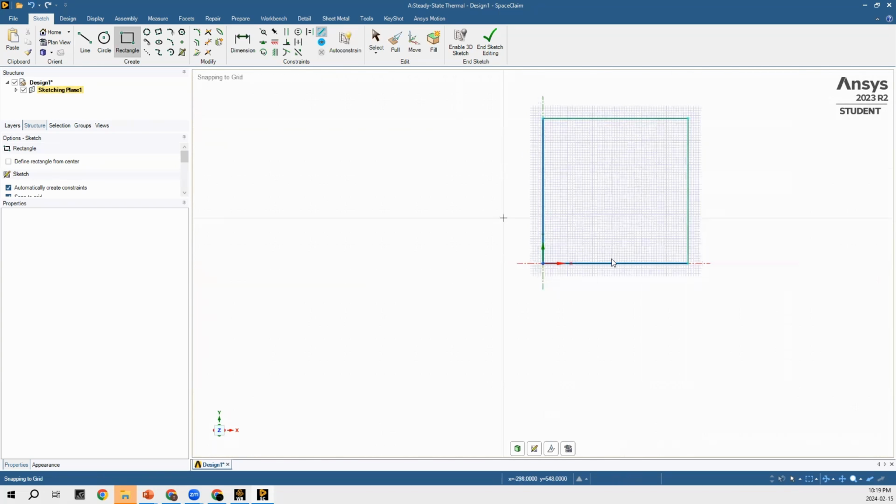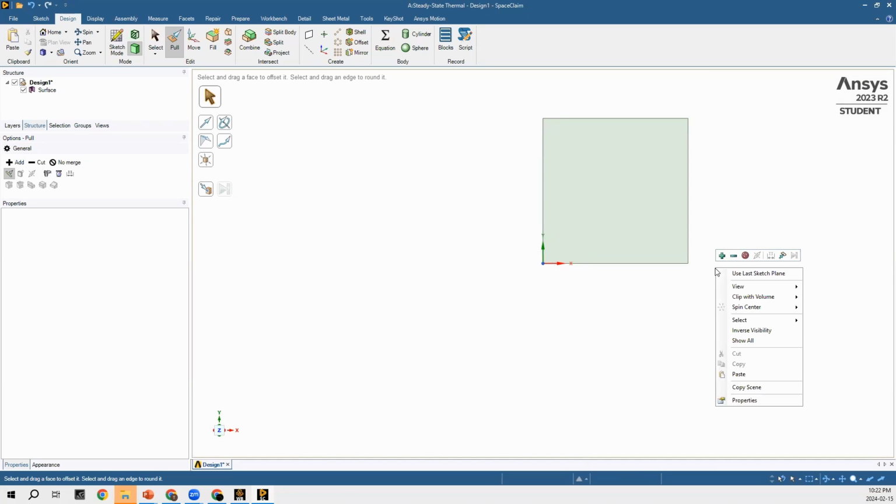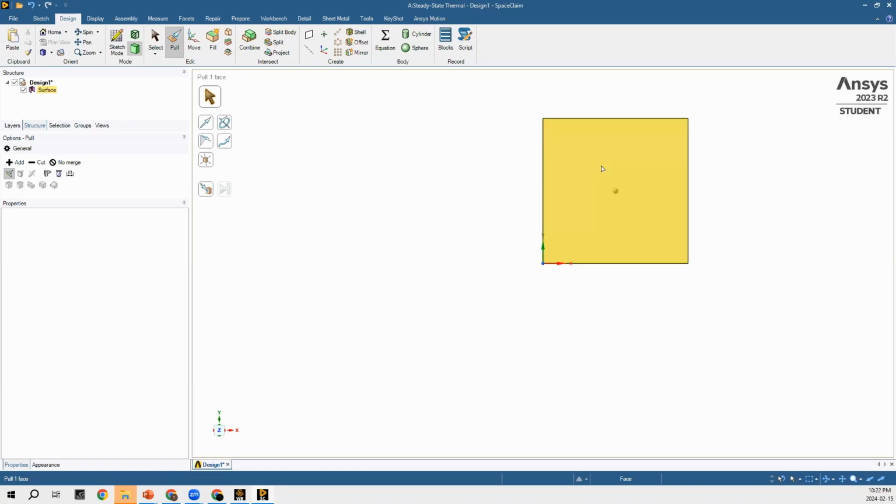Press enter, and then this creates our square. Now that we are done with the sketch for the plate, I'm going to press on End Sketch Editing. And with the sketch that we created of the square, this is going to create a solid surface. To make this a 3D shape, I'm going to use the pull command from the edit section